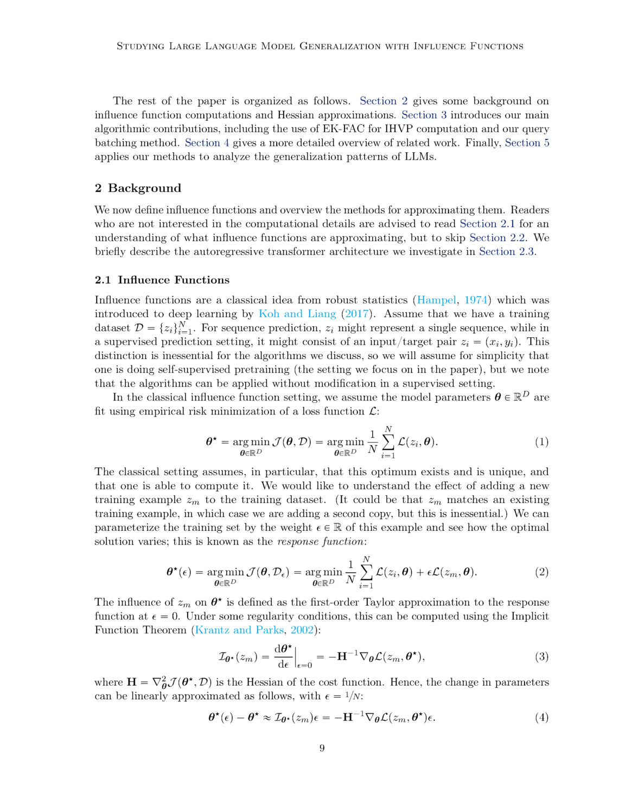The rest of the paper will cover background on influence functions, introduce our main algorithmic contributions, provide a more detailed look at related work, and apply our methods to analyze LLMs' generalization patterns. Section summary. Large language models, LLMs, have made significant progress but come with risks such as biases and privacy concerns. Understanding how LLMs function is crucial, and one approach is to reverse engineer their circuits. Another approach is to study the model's input-output relationships, which can be done using influence functions to measure how the model's behavior changes with the addition of certain training sequences. This approach has been scaled up to analyze large transformer language models and has provided insights into generalization patterns and behaviors of LLMs.